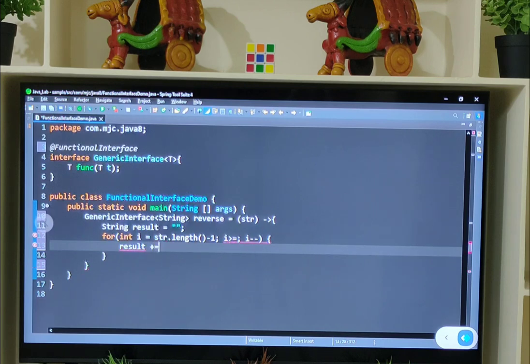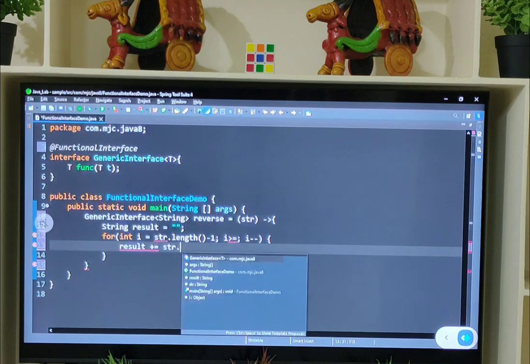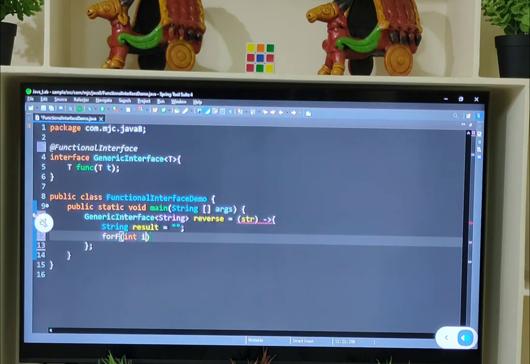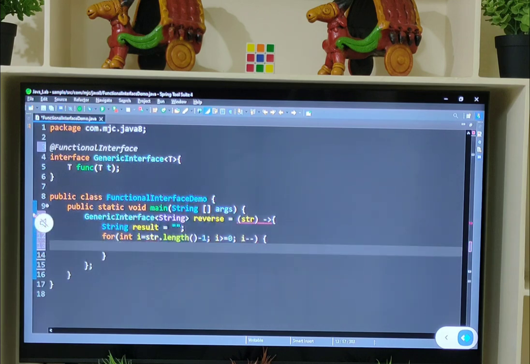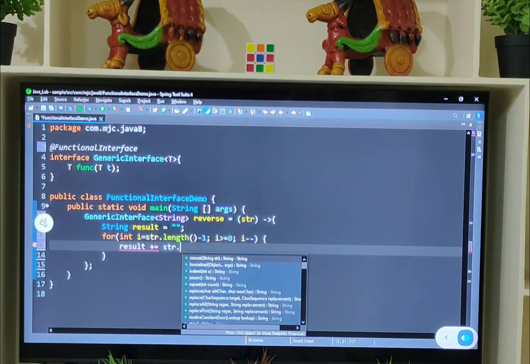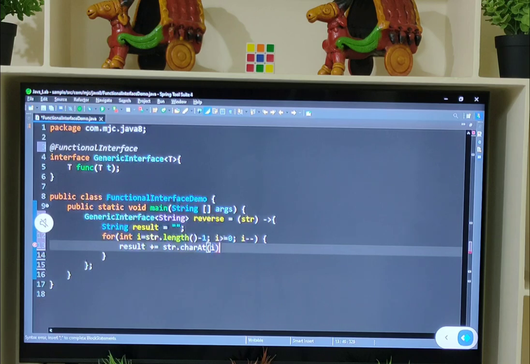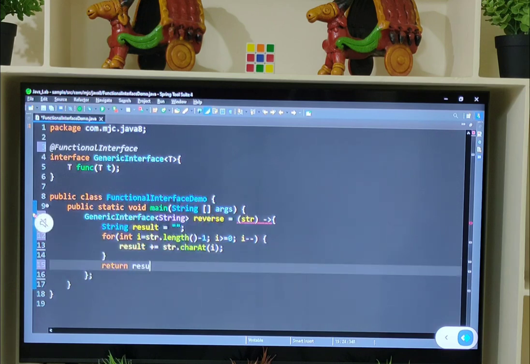Result plus equal to str dot charAt(i). Next one is return result.